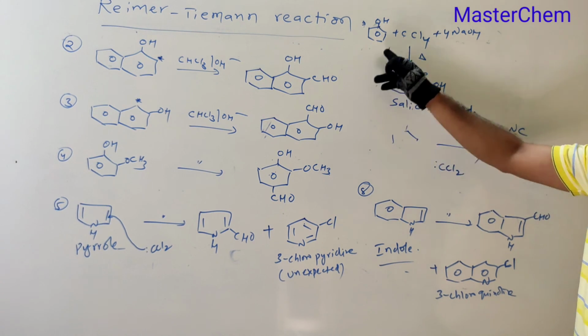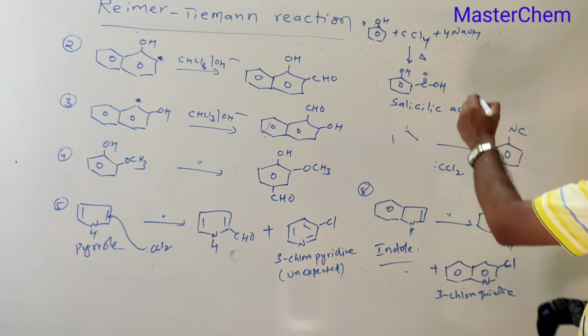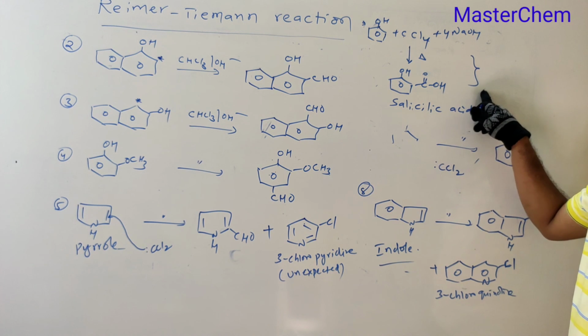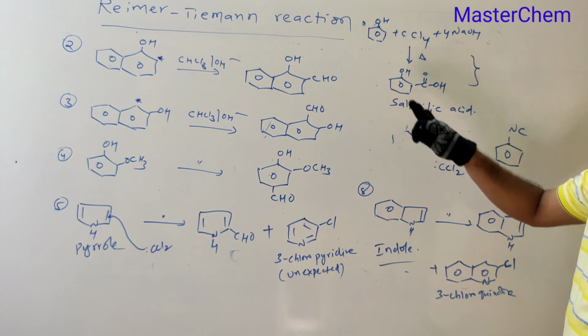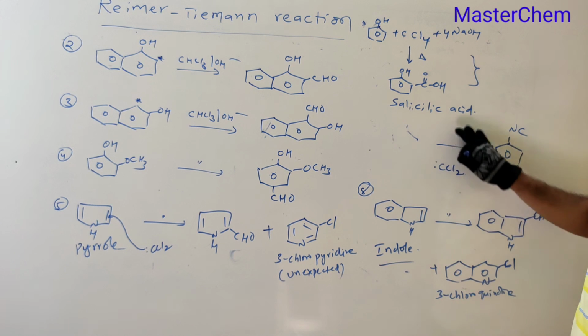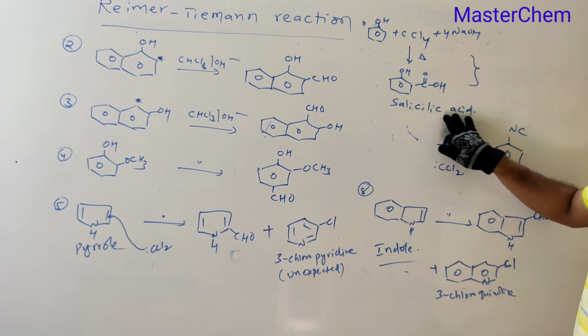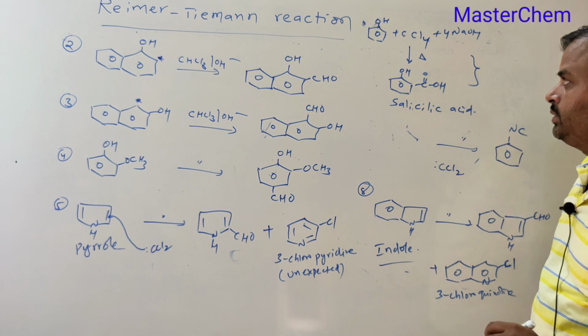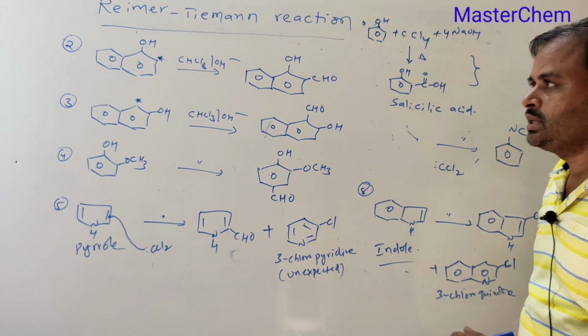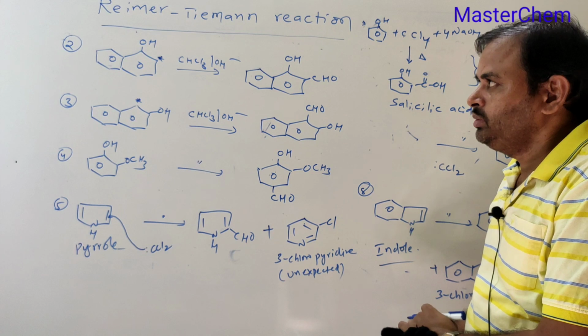This is just a comparison with the Reimer-Tiemann reaction. It is just like the Kolbe-Schmitt reaction. The mechanism also follows just like the Kolbe-Schmitt reaction. What is the difference here? In the Reimer-Tiemann reaction, CHCl3 and NaOH form salicylaldehyde, but here it is salicylic acid. This is all about the Reimer-Tiemann reaction. Thank you.